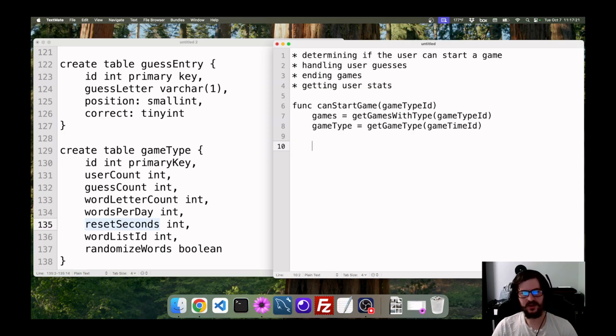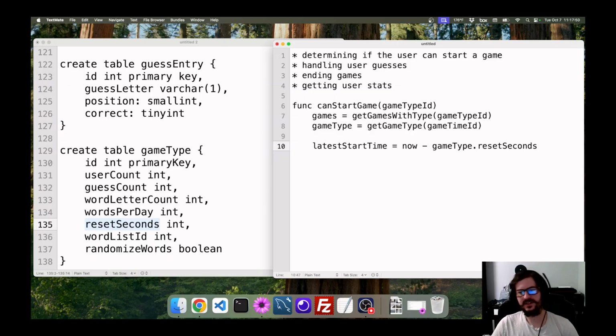We basically want to say, okay, how many games of this type has this user played in the last 2 hours? So we want to look backwards in time. And this time spot is going to be the earliest, the latest possible start time. Start now minus game type dot reset